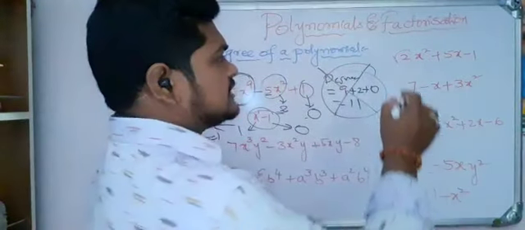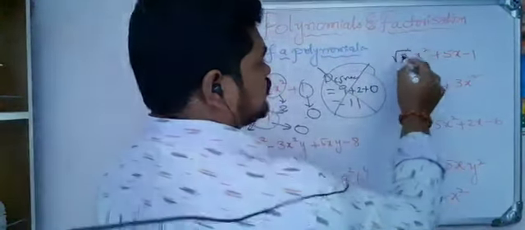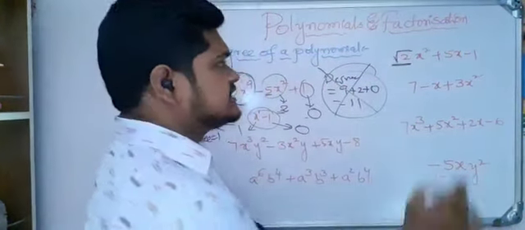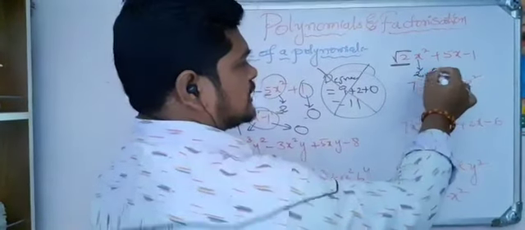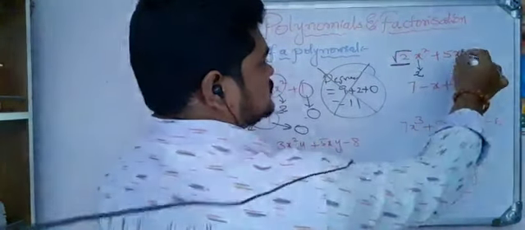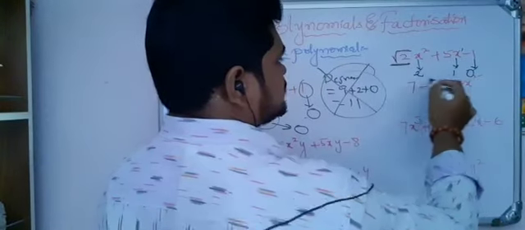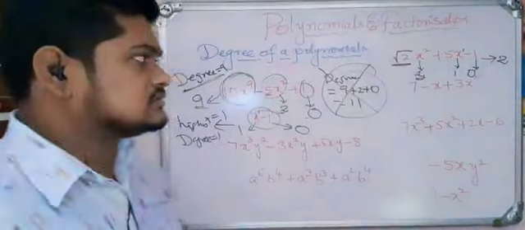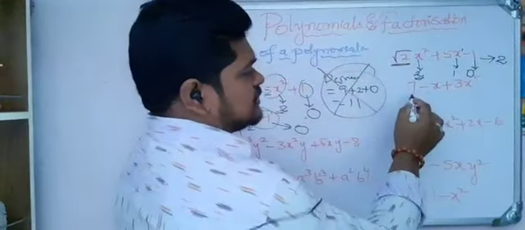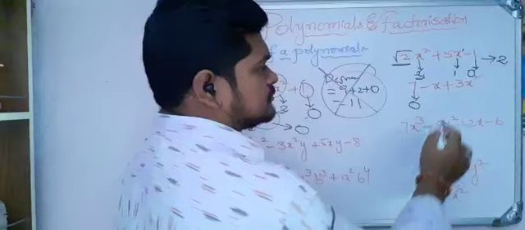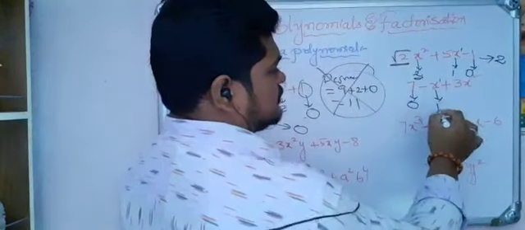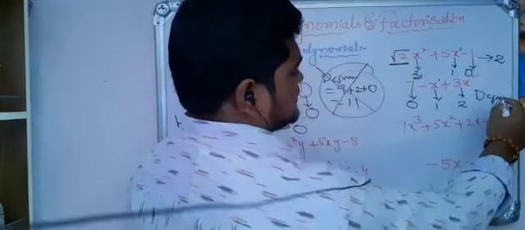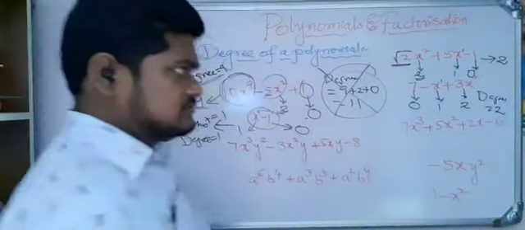See once here root 2 is there. Don't do that. Root 2 is a constant. Leave it. Don't consider the degree of a constant. It is a variable. Power should be equal to 2. Next here x power 1. So power is equal to 1. Constant polynomial degree 0. Highest is equal to 2. So degree is equal to 2. Next. Coming for this one, it is a constant polynomial. Simply degree is equal to 0. Here x power 1. So degree is equal to 1. Next. Degree is equal to 2. Highest is equal to 2. So degree is equal to 2. Next.